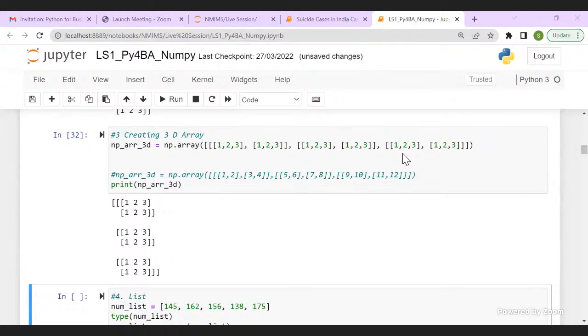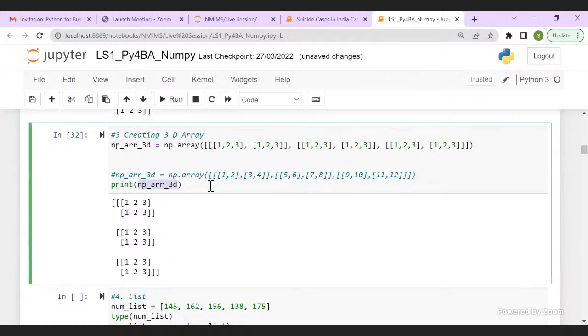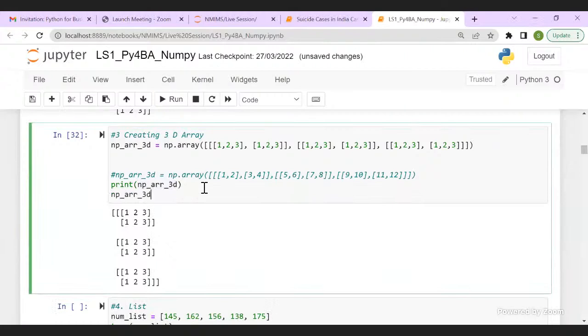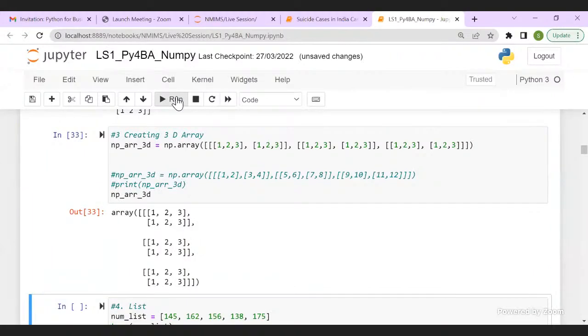Print command, yes, this shows both the output. Ajinkya is saying that print command and variable are showing the same output.